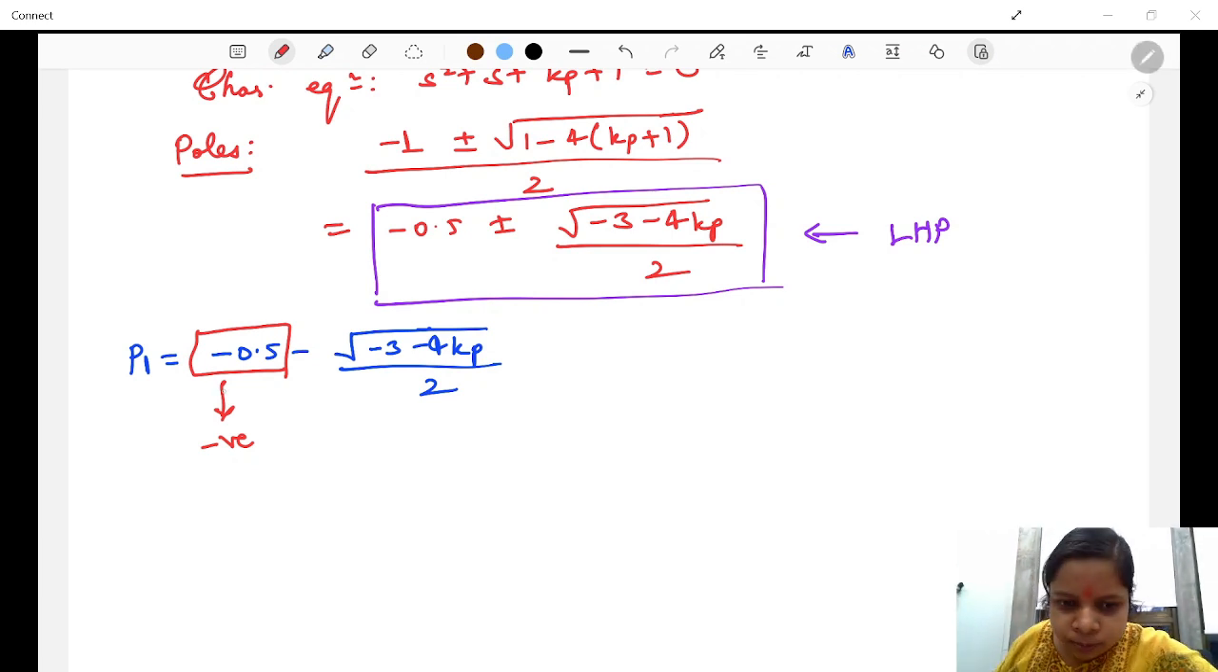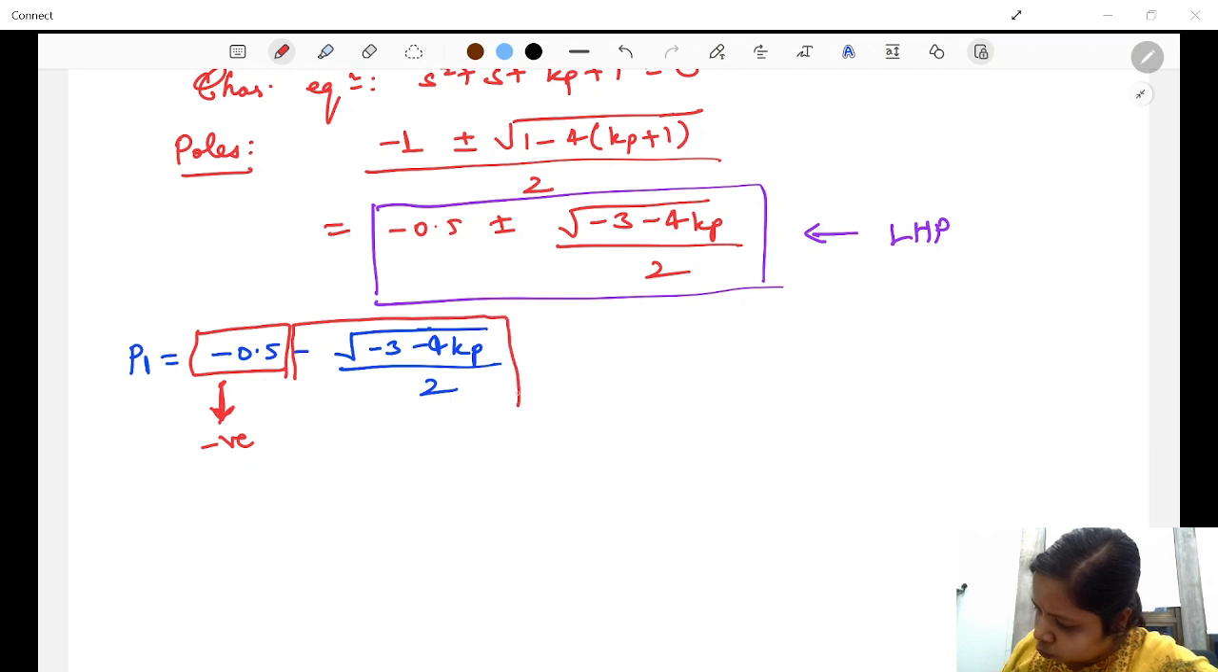So see, this part is already negative, right? This whole part should also be negative, right? पहला वाला पार्ट नेगेटिव है, सेकंड पार्ट को भी नेगेटिव होना पड़ेगा ताकि we get everything in the left half of the S plane. So if this is negative, this is making the term negative, then what we must ensure is,